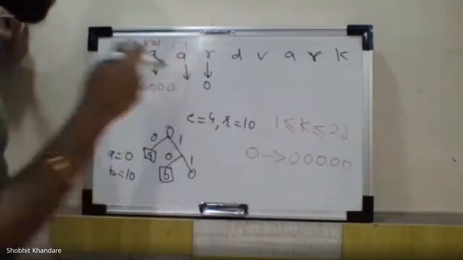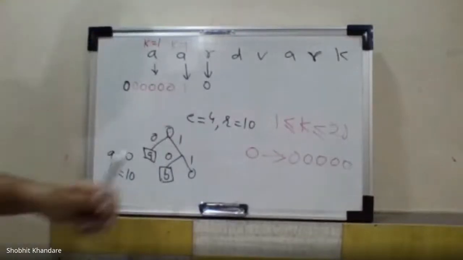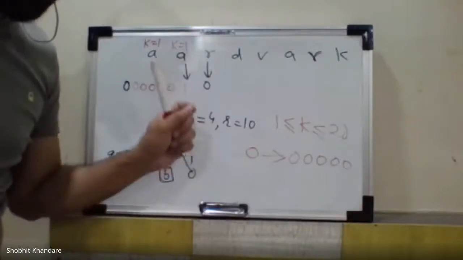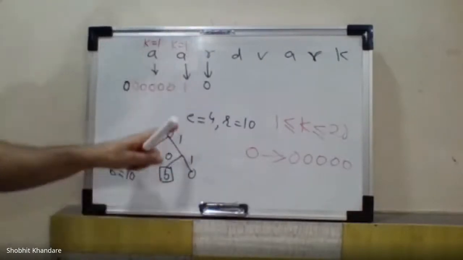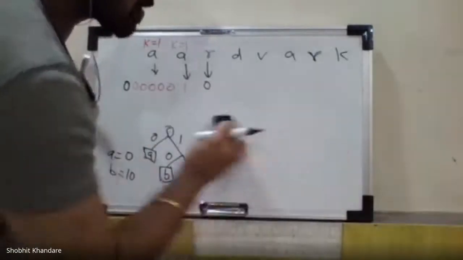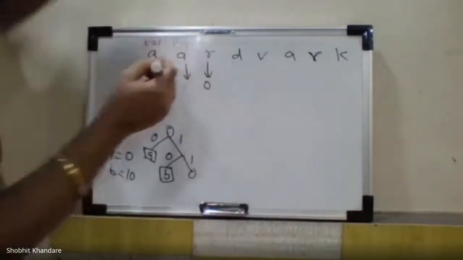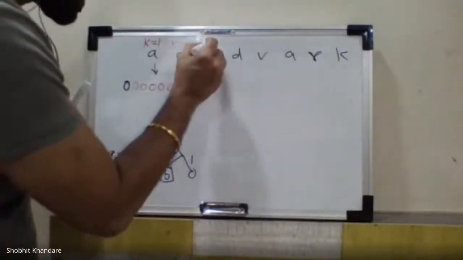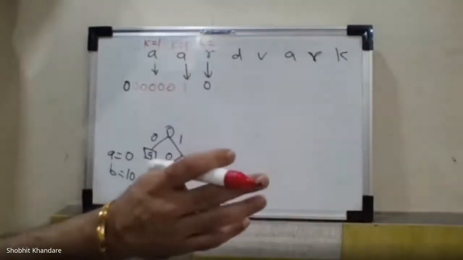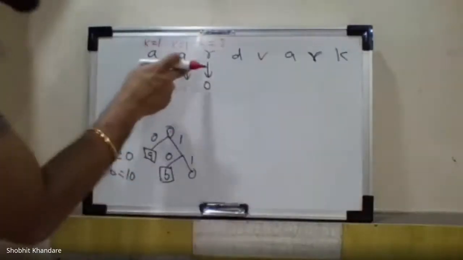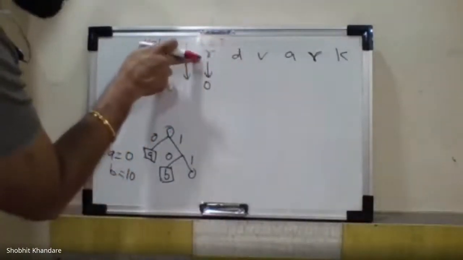Now, how do you get the value of R? Second step में क्या दिया था? If the symbol has come for the first time, then send code for NYT followed by the fixed code. Now fixed code again we have to calculate. Fixed code for R. Now here tell me the value of K first. सबसे पहले मुझे बताओ K की value क्या है? Sir, 17. It's 17 or 18? Sorry sir, 18. 0 से मैंने सोचा था, तो हाँ. So the value for K is equal to 18 for this symbol R.